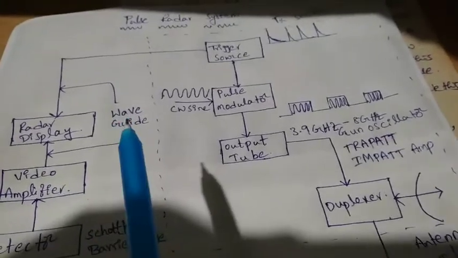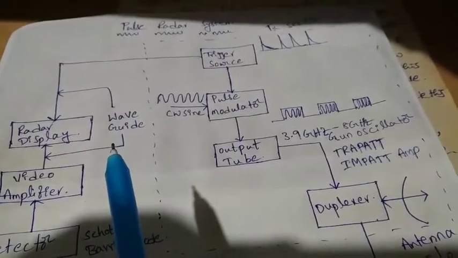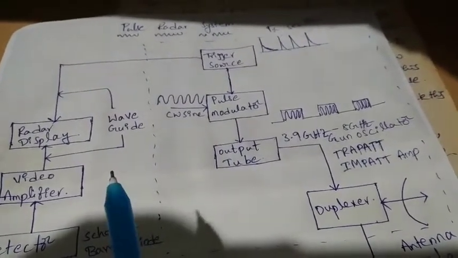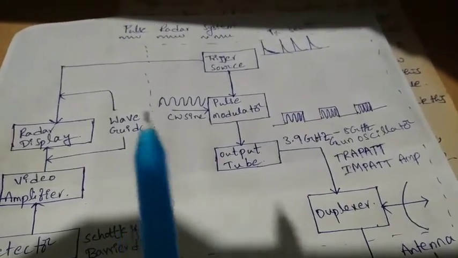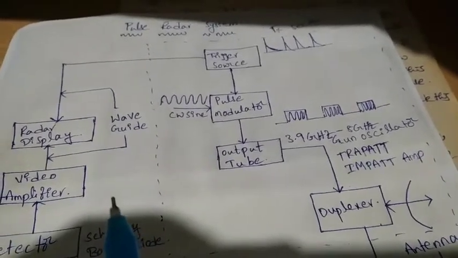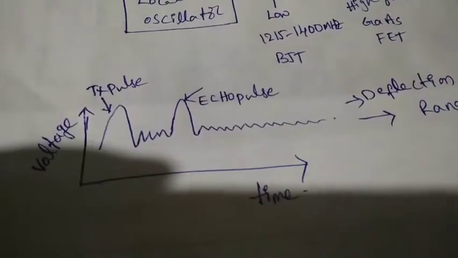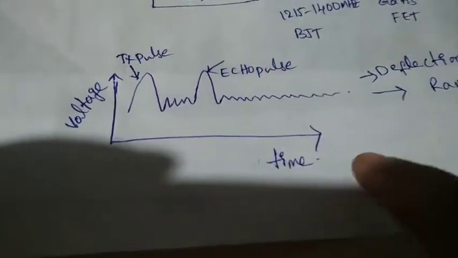The radar display may use a CRT tube or A-scope. The A-scope works on deflection modulation, and it only determines the range of the target. It only provides the distance of the target from the location. The A-scope is represented in terms of X and Y axes, which show received power, or voltage, versus time. This is the y axis and this is the x axis. On the x axis we represent time, and on the y axis we represent voltage.